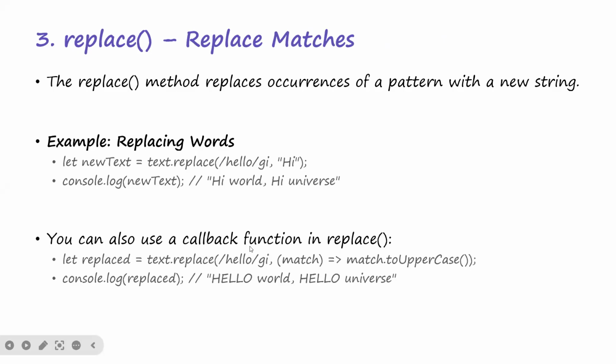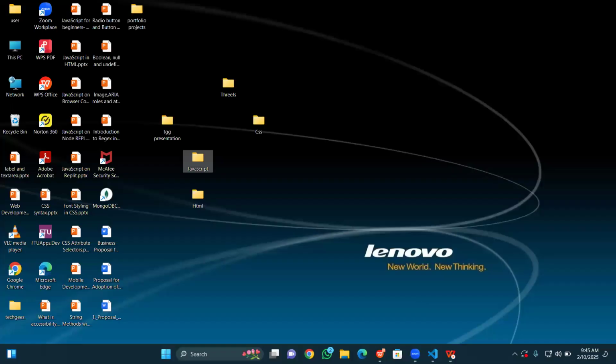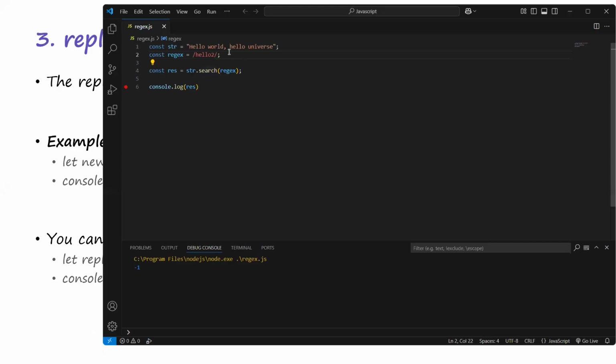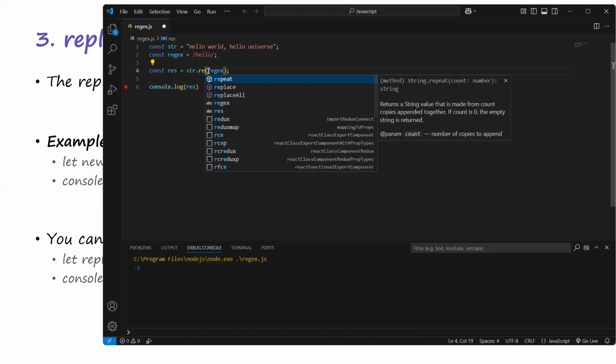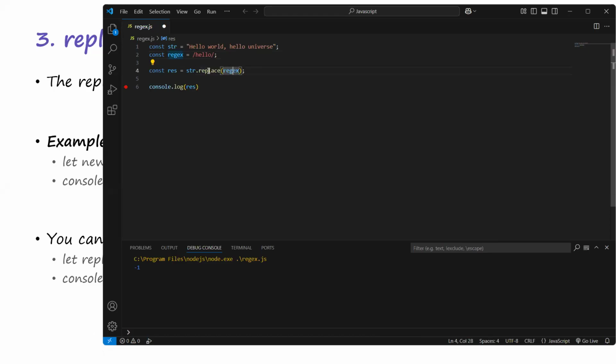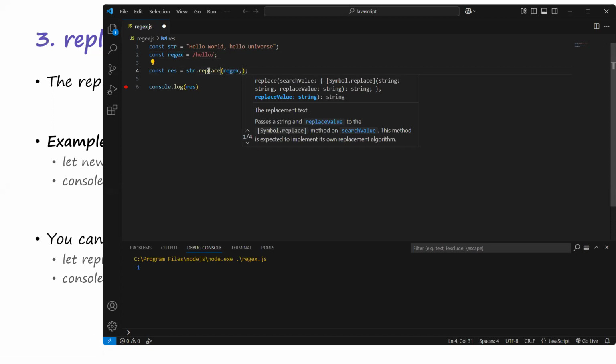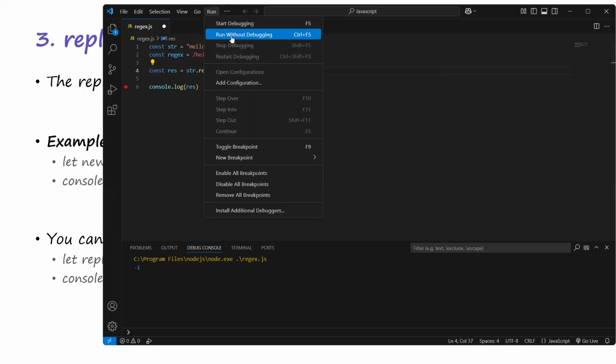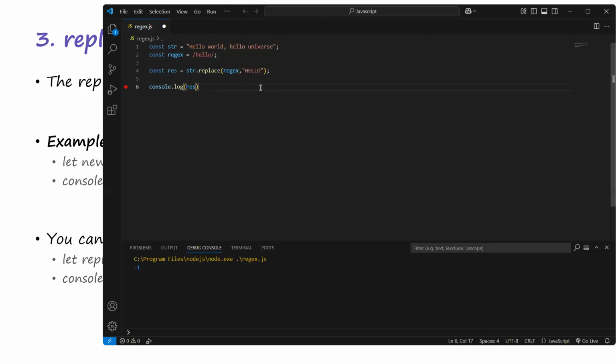Okay, before I come back to this callback expression, let me show you something. So I have hello, okay? That's my regular expression, and I want to say replace. So if I say replace, I'm finding this regular expression, and what do I want to replace it with? I want to replace it with capital hello. So if I run this, you can see that it's going to return the string that now contains this new string that you have replaced. So if I go on and run, you can see this hello that we matched, we have replaced it